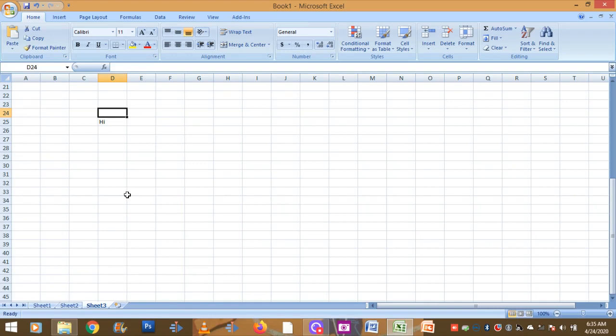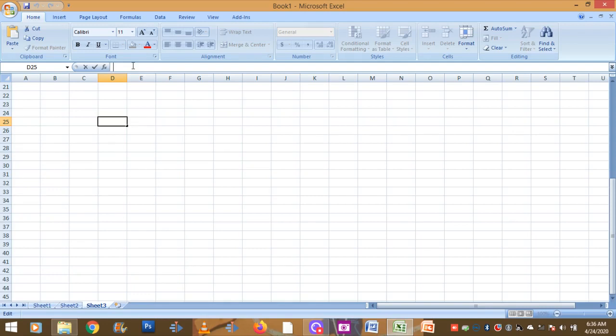Or if you want to edit the content, you can select the cell and click here in the formula bar. You can see the cursor blinking inside. You can remove with the Backspace key, and again you can type or correct the spelling. If you want to delete, simply select the cell and press Delete to delete the entire content of the cell. If you want to change the spelling, you have to click inside the formula bar and then correct the spelling.